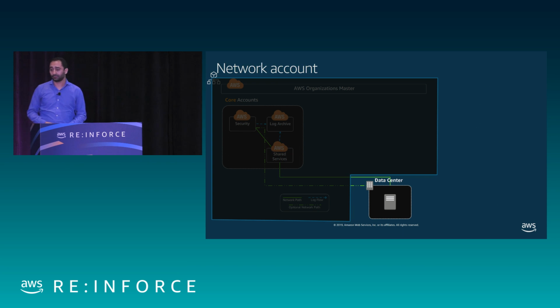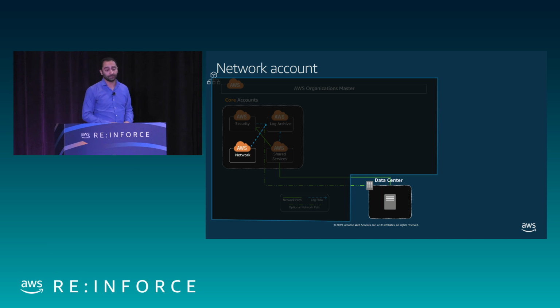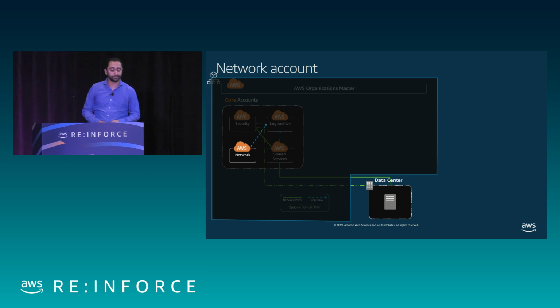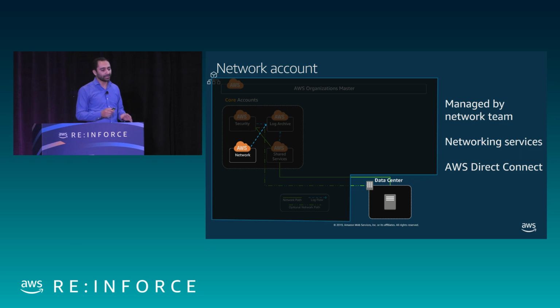Network, again, your network team is likely to be a different team from your central IT. Managing the network infrastructure, your Direct Connect goes there. Transit gateway would be managed there, allowing that level of isolation again to happen on the network side. And similar concept, log archive, things go there. By the way, this session was also done, at least these components were done at re:Invent this past year, so there's a recording. I'm intentionally not going to go every single detail because there's a number of things later on I want to make sure that we get to. So for the 4 of you that raised your hands, I'll make this faster, don't worry.